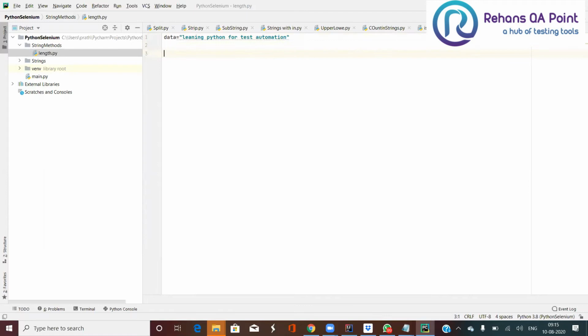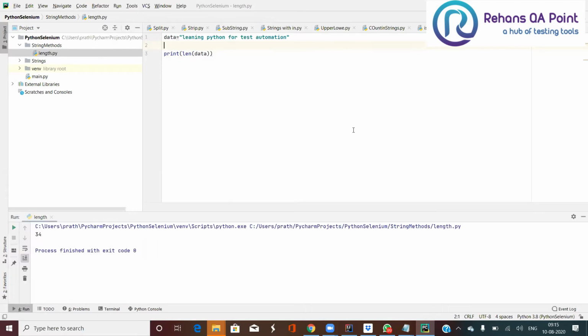Okay, now I want to get the total length of my string. How can I get that? So I have to use the method len of data. Okay, so let me run this. Now see, I'll be getting the total length as 34, which includes the white spaces also.